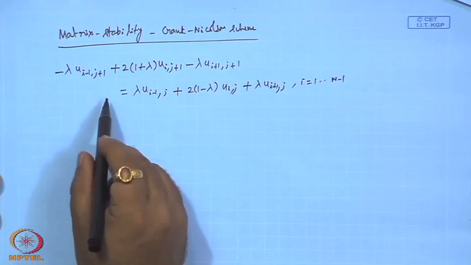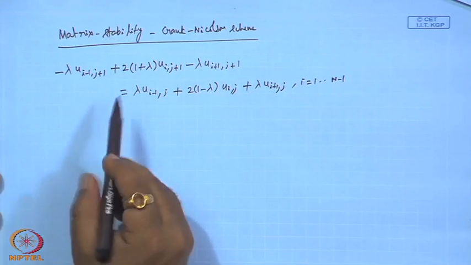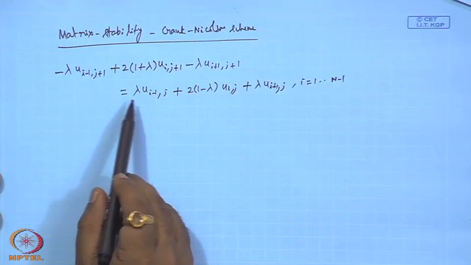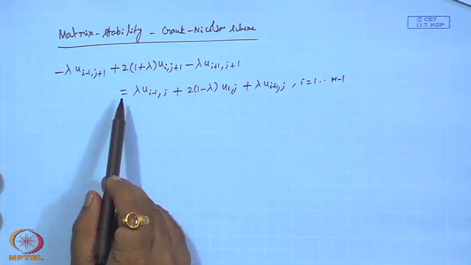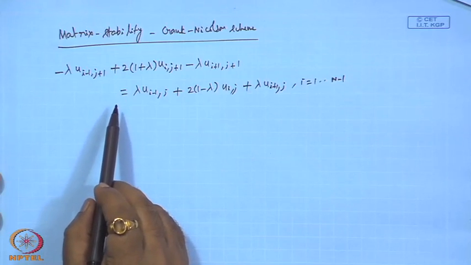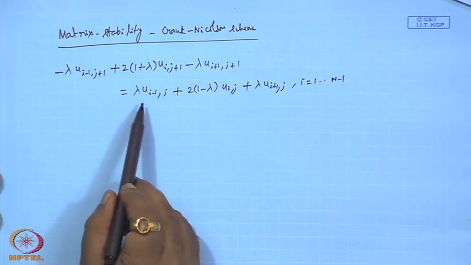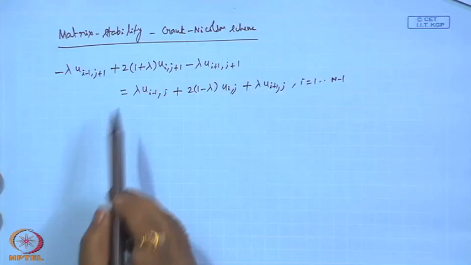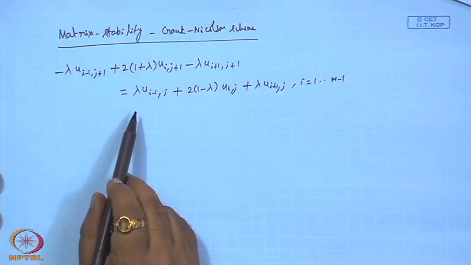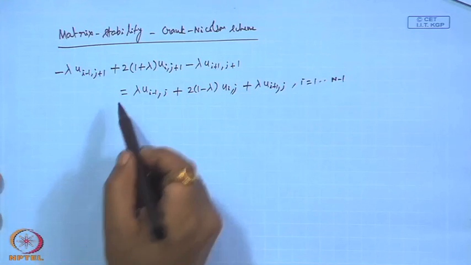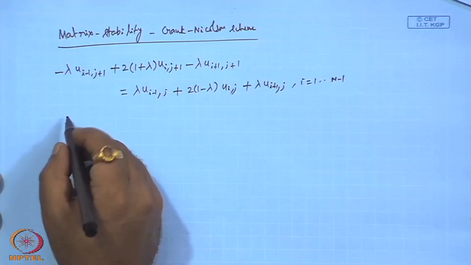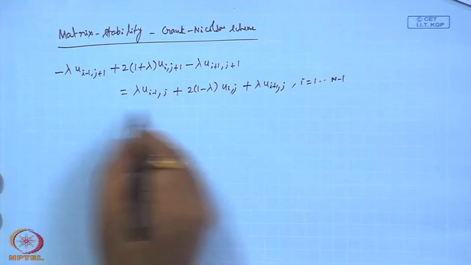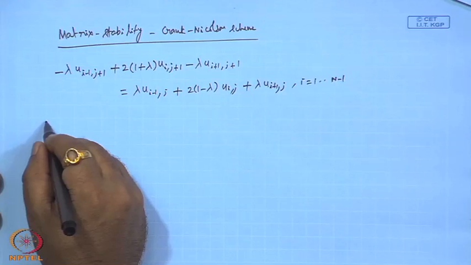Okay. So, now we have discussed the stability of this method via error equation, in the sense we have obtained the corresponding finite difference equation satisfied by the error, and then we obtained an estimate. But in this case let us go through formal matrix stability analysis. So, now this can be rewritten as